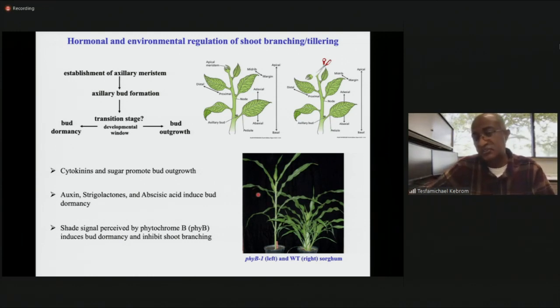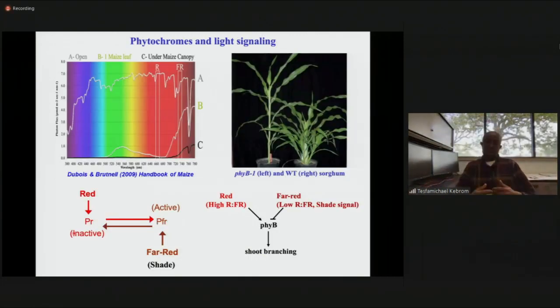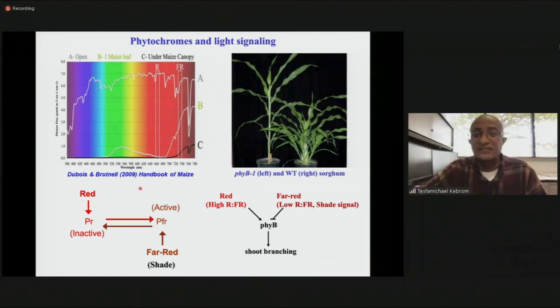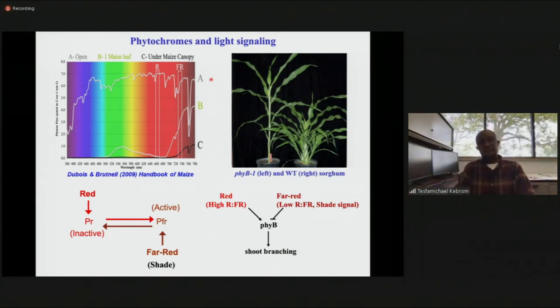So my research has been on shade signaling for the past 15 years. In this seminar, I will show you what I have done with these sorghum plants on shade signaling, using Northern blot first and then later RNA-seq. So how does shade affect this